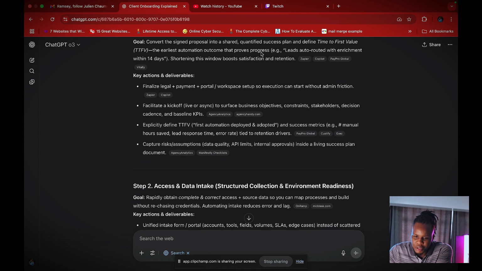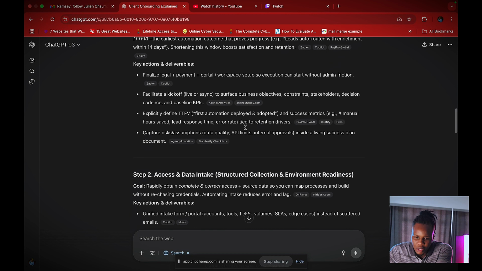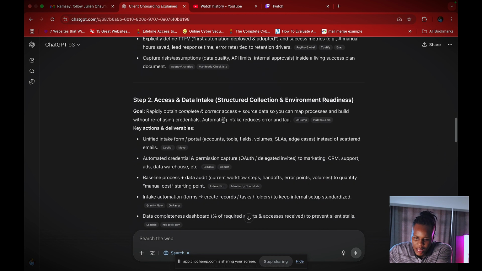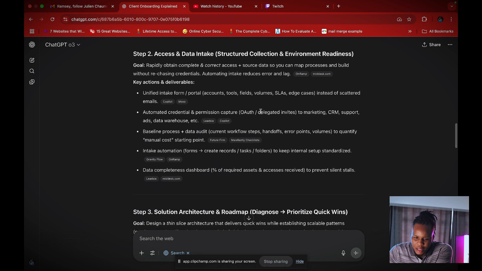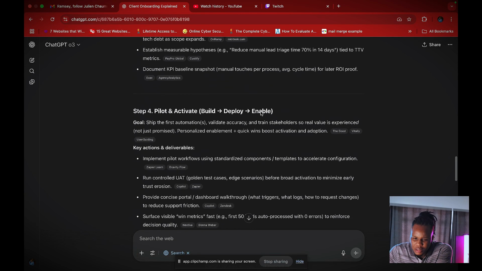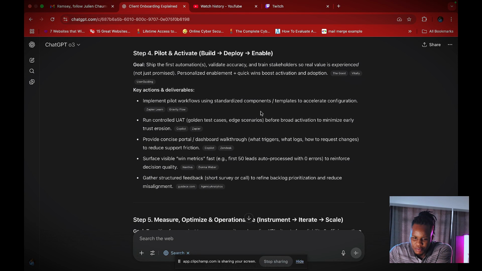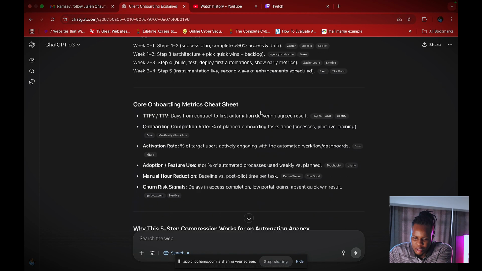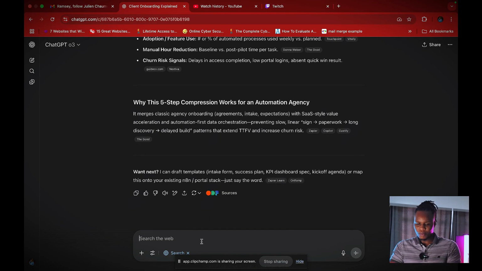Your list automation on outcome that proves progress. Okay. Access and data intake, solution architecture and roadmap. This isn't quite what I'm looking for. I'm looking for something automatable. Okay, how about automating initial welcome sequence and